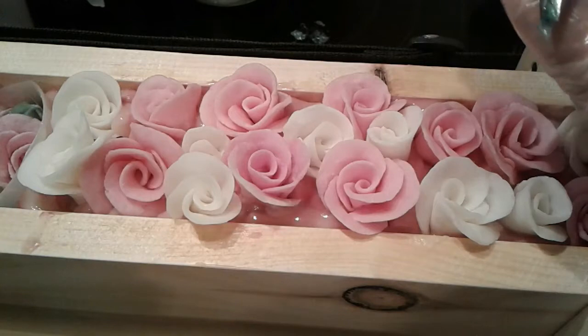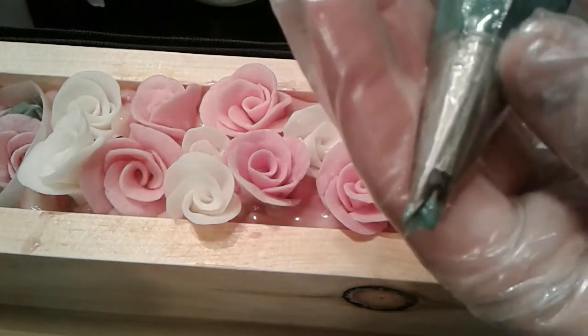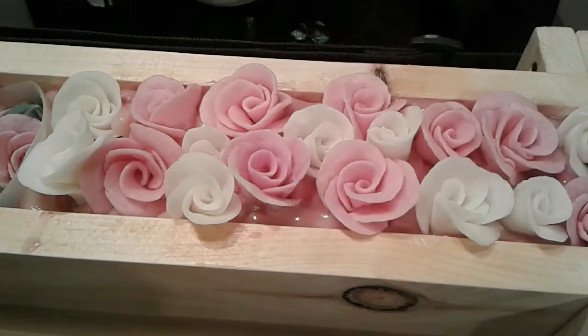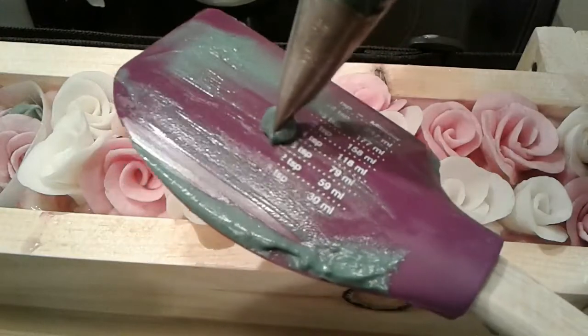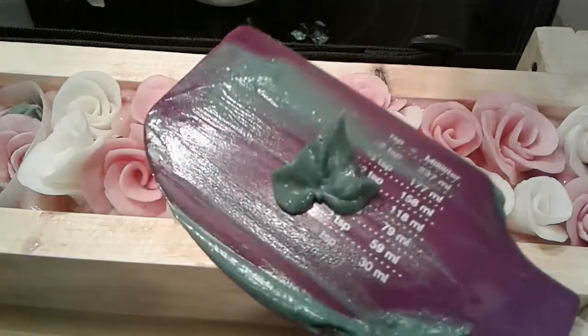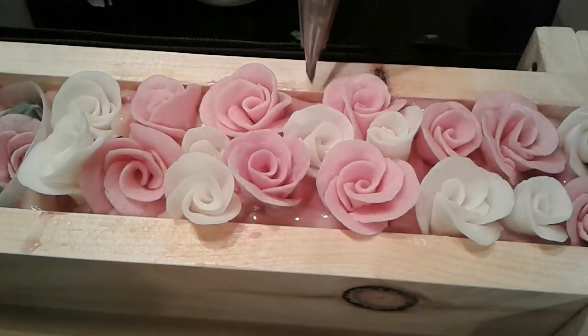Okay, I have a leaf tip on here. It looks like it's 352, made in Korea by Magic. I don't know where I purchased it. It's possible I even got it in South America when I lived there. I like testing my soap before I pipe. That looks pretty good. And now I'm just going to add some leaves in here